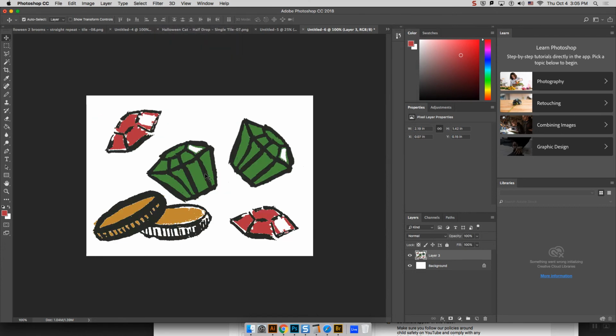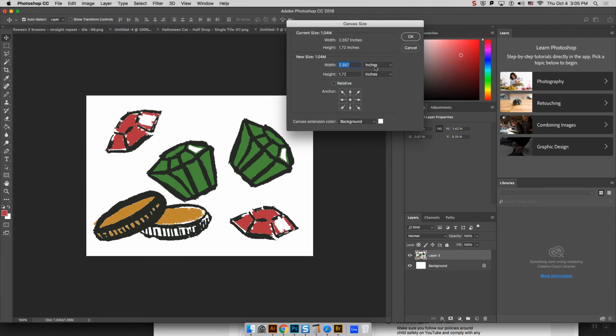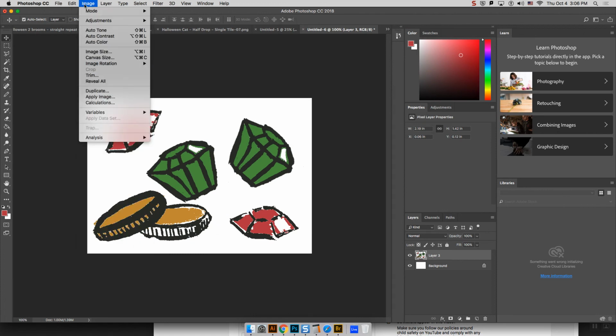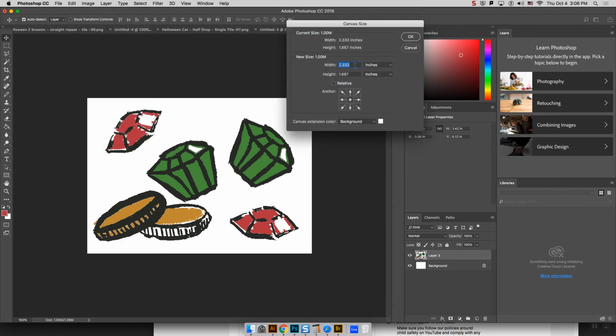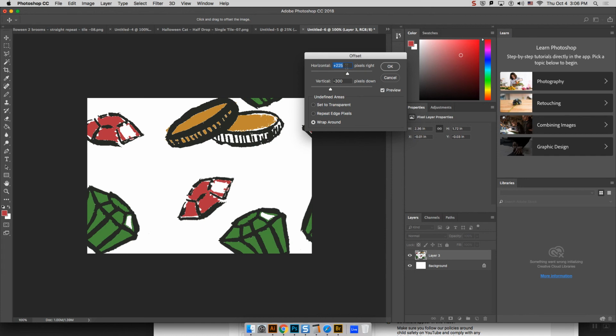So before we do this though, we want to make quick note of the size of our image. Inches, pixels, we want it in pixels. So it's 707 by 516. I'm just gonna make these easier numbers. Hopefully that doesn't destroy too much. Yeah. So they were 700 and 500. And we can go to filter other offset, and we want to put the halves of those